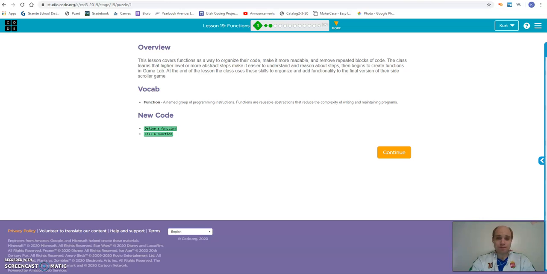This lesson covers functions as a way to organize their code, make it readable, and remove repeated blocks of code. The class learns that higher level or more abstract steps make it easier to understand and reason about steps, then begins to create functions in GameLab. At the end of the lesson, the class uses these skills to organize and add functionality to the final version